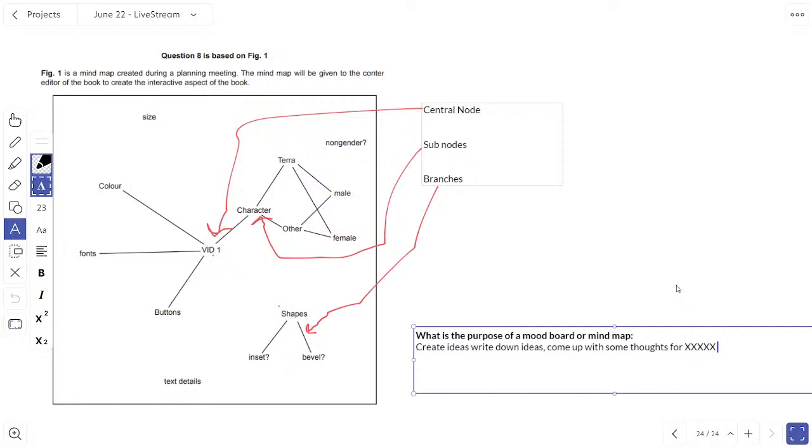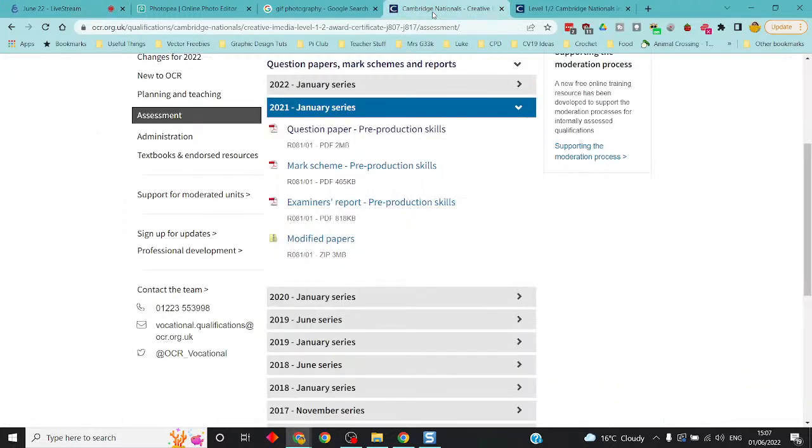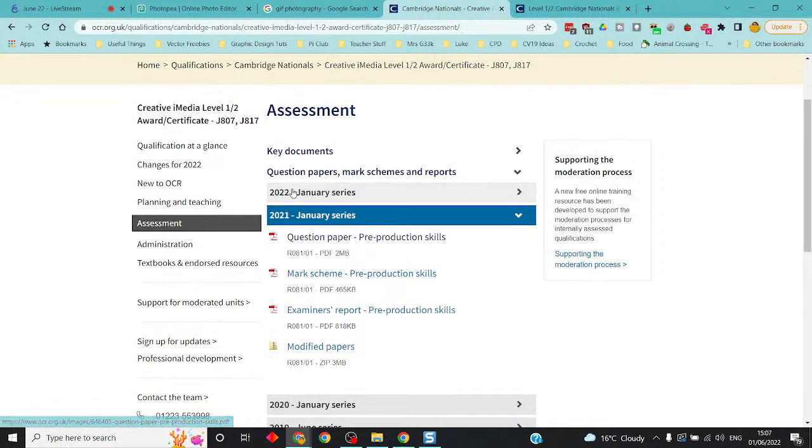Okay, so one last question. How do you do coursework in the subject? Well, I mean, this really depends on your school or your teacher. Some people do R081 and R082 together because they kind of complement each other quite well. But you'll be given a brief. So again, the assignments are on this same website here. Let me go on to